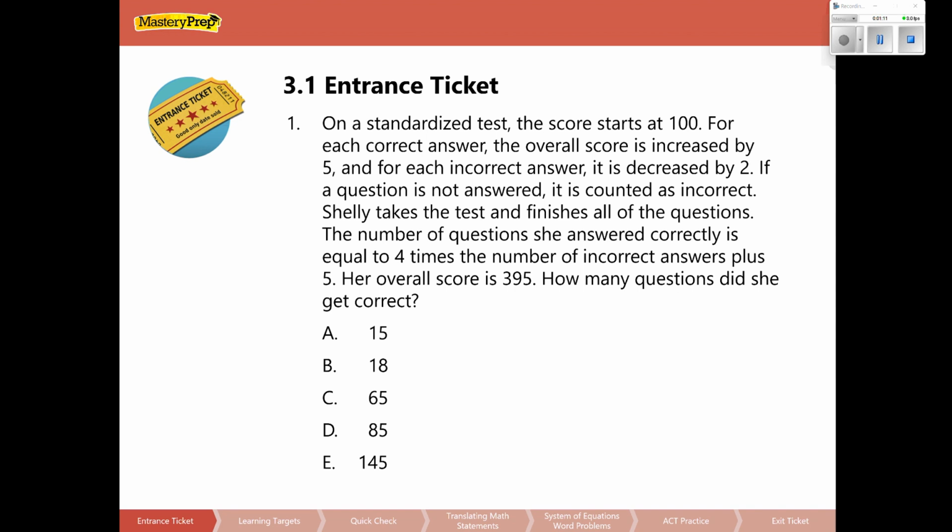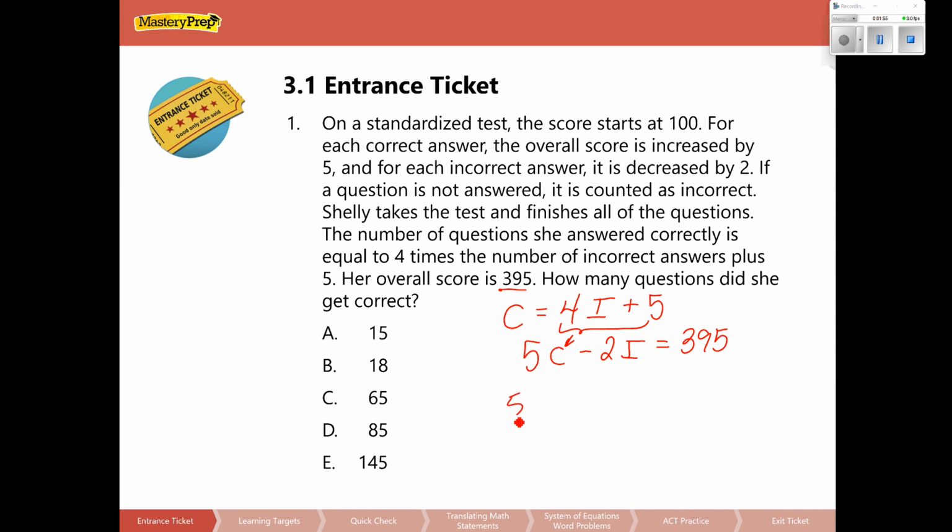So we're saying that the number of correct is equal to 4 times the number of incorrect plus 5. And the overall score, because they get how many for correct answers? Five for each correct answer, and they minus 2 for each incorrect. And how many did she get total? 395. So what we could do is plug this in for C and solve that way, which would